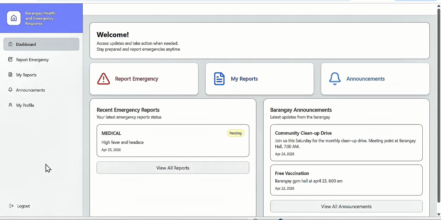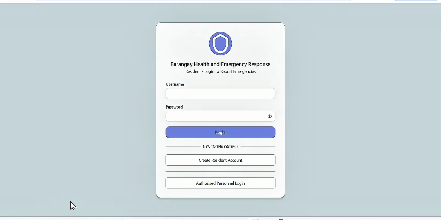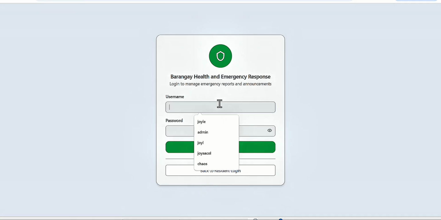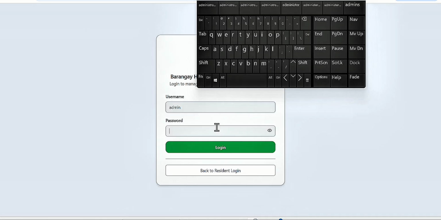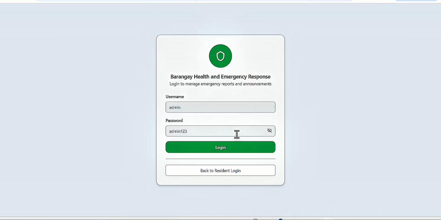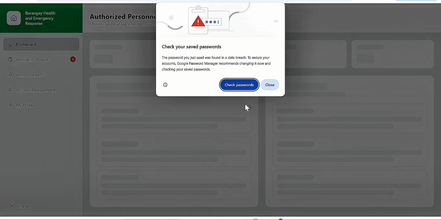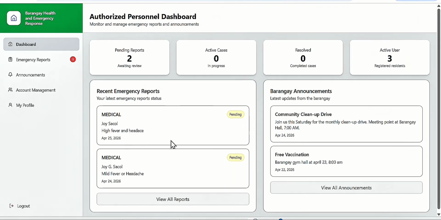Clicking the logout button will sign the user out of the system. It will then bring them back to the login page for safety and security. After the authorized personnel logs in, he or she will proceed to the dashboard where important information is shown in